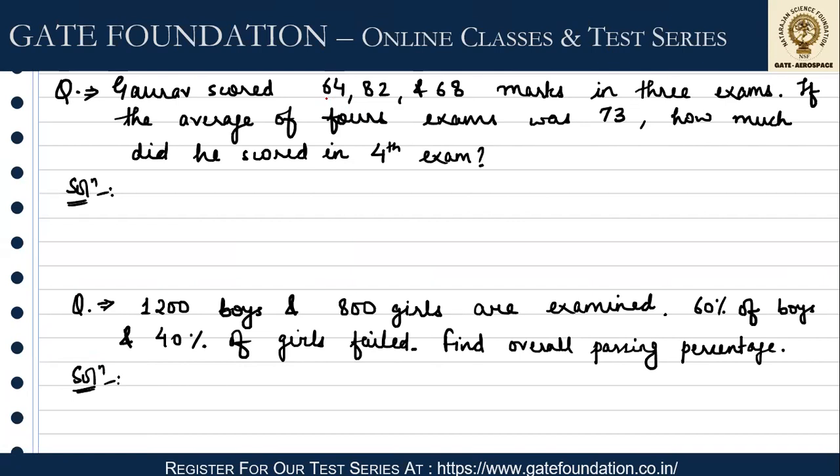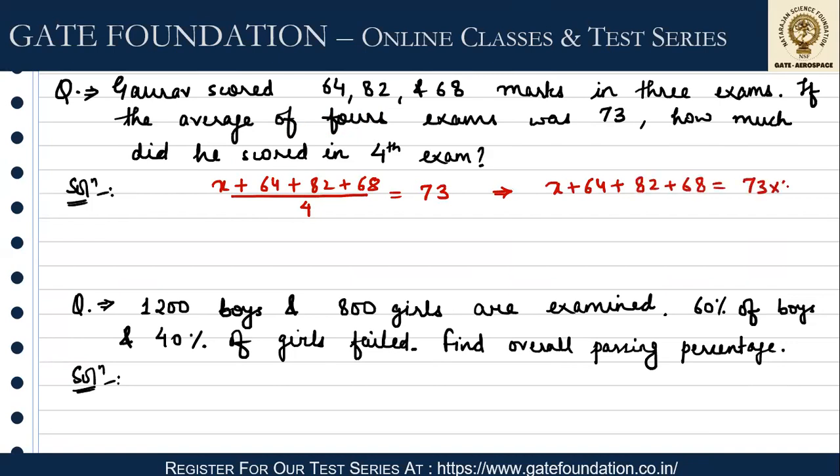First of all, let's solve the first one. The average of 4 numbers is given. So the average is the sum of observations upon number of observations. We're talking about 4 exams, but the marks of 3 exams are given. So let the marks of the 4th exam be X, and the first 3 exams are 64, 82, and 68. So the sum of observations is this, number of observations is 4, and this whole is equal to 73. So I'll get X plus 64 plus 82 plus 68 equals 73 into 4, or I'll have, this can be further solved as X plus